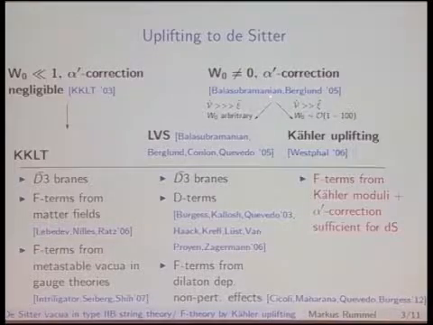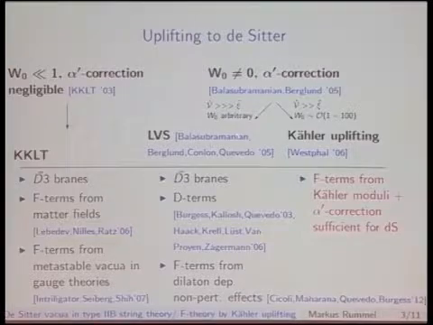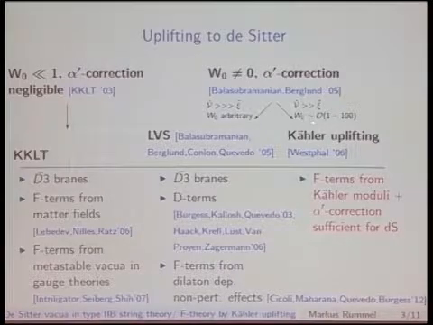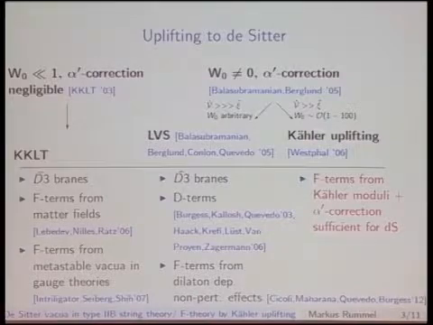Then there is this branch where the alpha prime corrections are important, and then you can either go to very large volumes, realizing the large volume scenario, or you can go to not so large volumes using W0 in this window, and then you have the method of Kahler uplifting, which directly realizes the de Sitter vacuum from